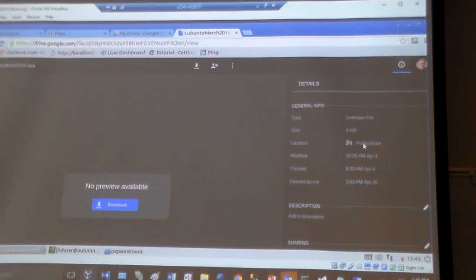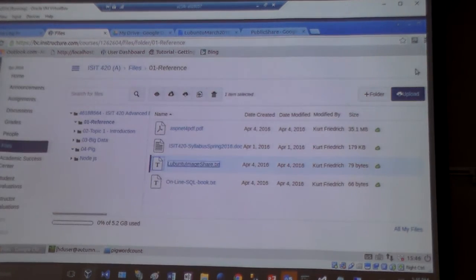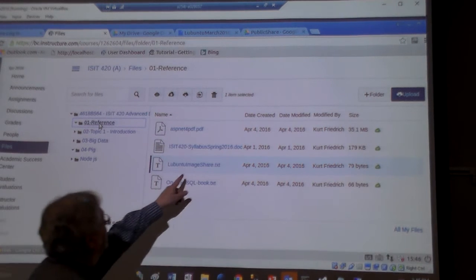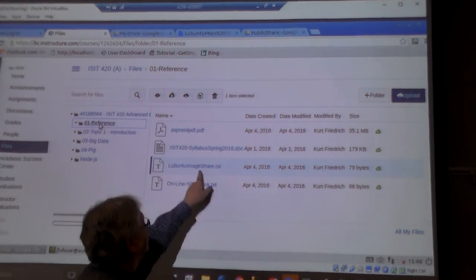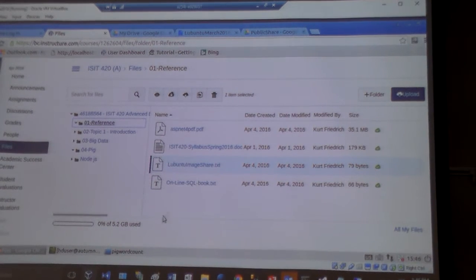Okay, so if that works for you, you see what I did? I went to Canvas, and the very first folder, there's a folder called Reference. It was the first one we went through the first day of class. And there's this text file here, and it's that URL that gets you to it. So if you open that up,